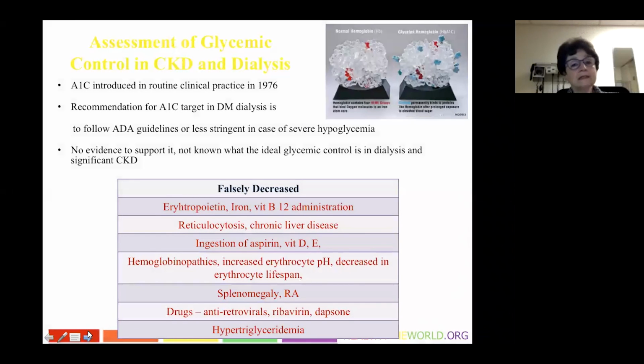So it's important to assess glycemic control in all the patients, and it might be difficult in patients who are undergoing kidney replacement therapy such as peritoneal or hemodialysis. Hemoglobin A1C was introduced in clinical practice in 1976 for the first time. Recommendations are different for patients who are undergoing dialysis. Regular A1C level cannot be followed in those patients for multiple reasons. So there's no good evidence to support what the ideal control should be in patients with significant degree of